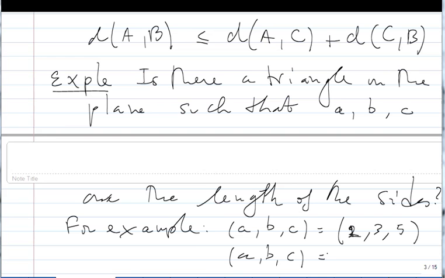So there is no way we're going to find a triangle where the length of the sides is 1, 5, 9, but it is possible for 2, 3, 5. So this is just to show you how this triangle inequality is a pure geometric property, okay? Now, building on this, over the years, these are the three main